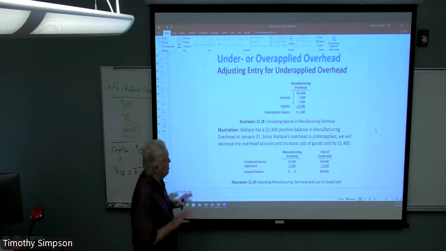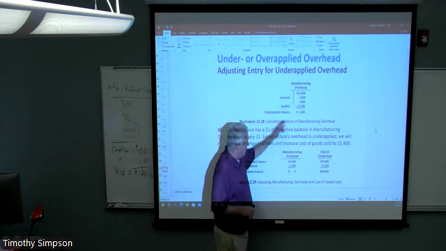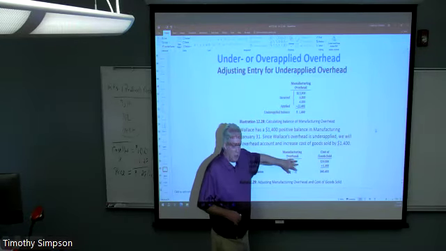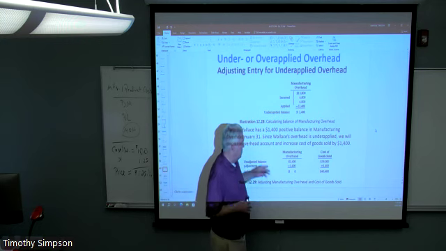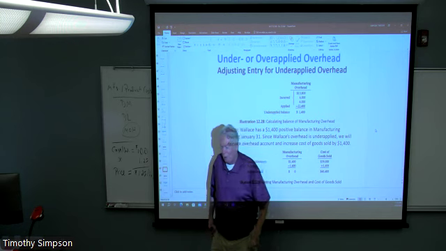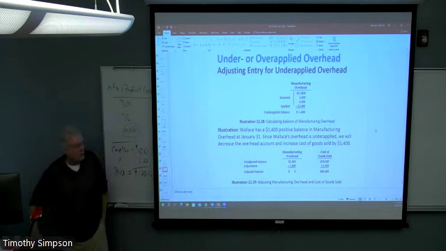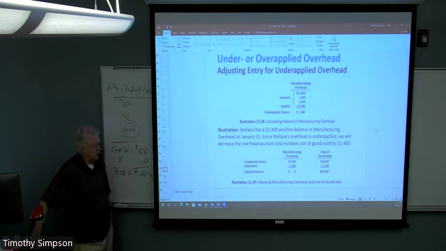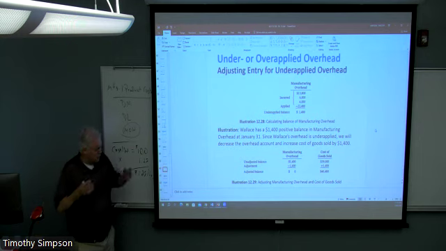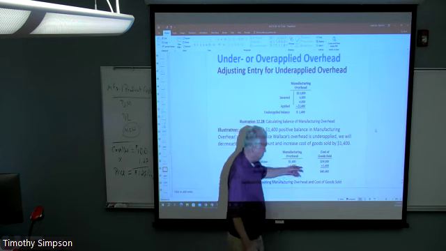Now the question arises, and this is a good one. If we know throughout the year that we're going to take whatever we've actually paid, because we said these are hard dollar costs, and they're going to end up in cost of goods sold, then why did we go through all this rigmarole of attaching it to job 102, 103, etc., and make estimates based upon some predetermined number, when we know at the end of the accounting period it's all going to go into cost of goods sold?